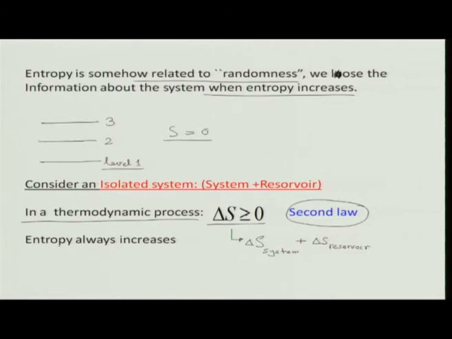Everything we have learnt about the second law is encoded in this simple mathematical expression. Delta S, I write it as a total so that you don't lose track of system and reservoir. So, this is delta S total, the total entropy change, which is greater than or equal to 0. What does it mean? And when does the equality sign hold? The equality sign holds only when there is a reversible process. It's only in a reversible process.